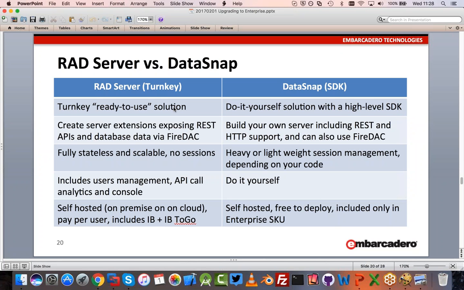In this quarter, if you go for an Enterprise edition as part of the promotion, you will also get an additional 10 user license for RAD Server deployment. So that's a solution for really implementing a regular enterprise